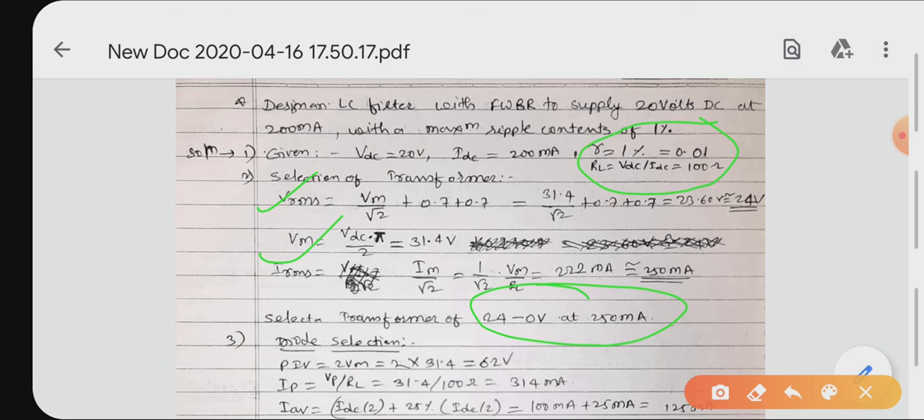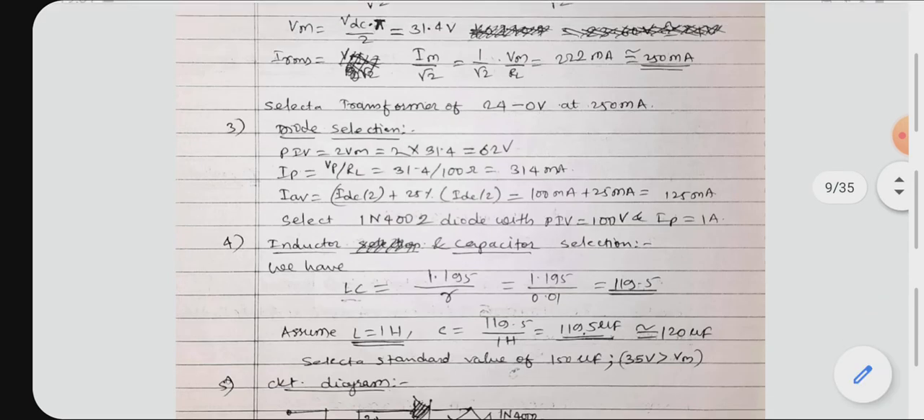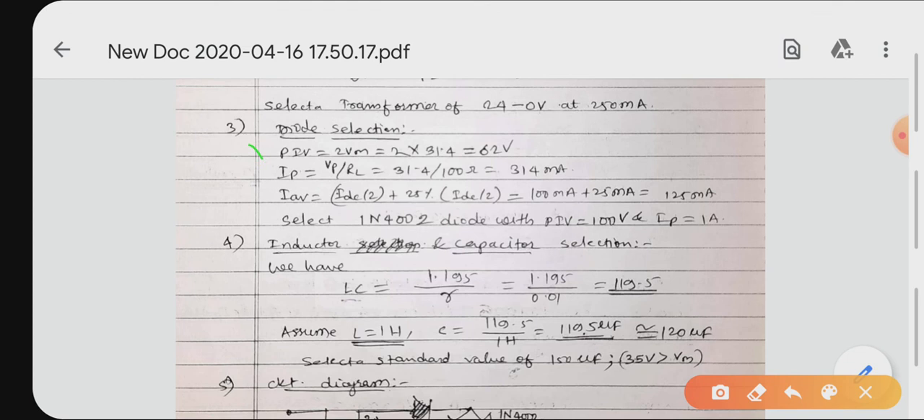Okay, moving further, diode selection. Again calculate these values, PIV, IP, I average. So based on this 62 volt, you can select diode 1N4002 having PIV equal to 100 volt and IP is constant as 1 ampere. Okay, inductor selection